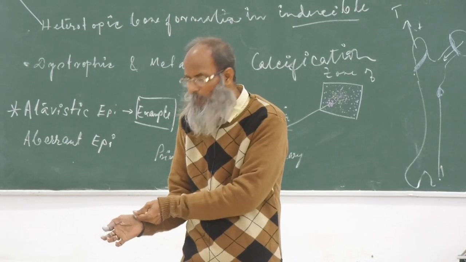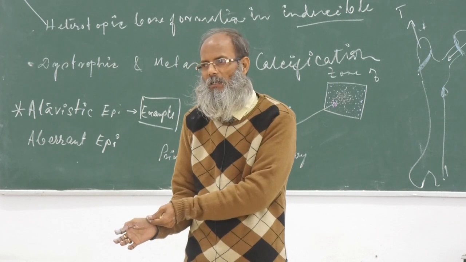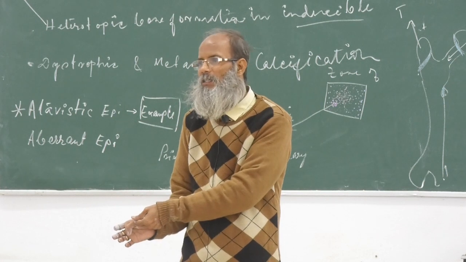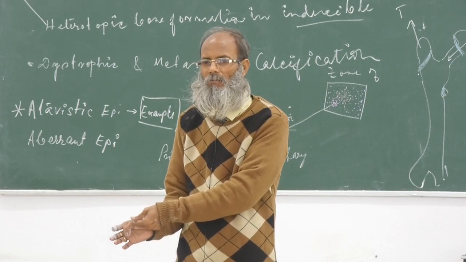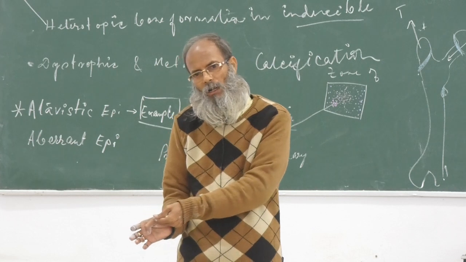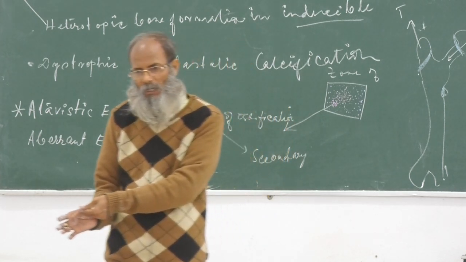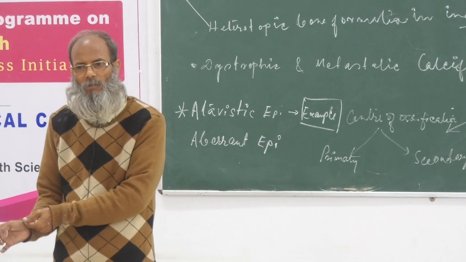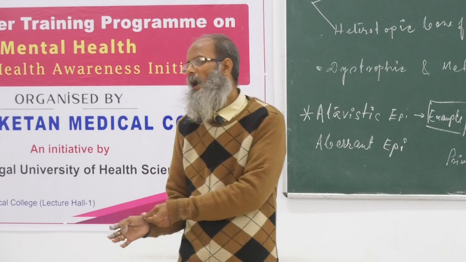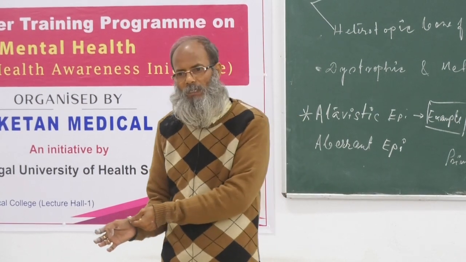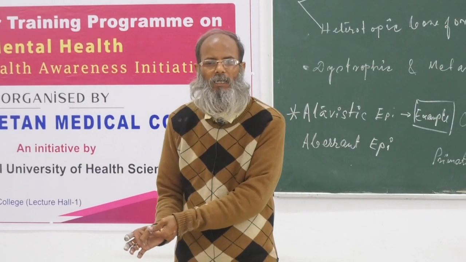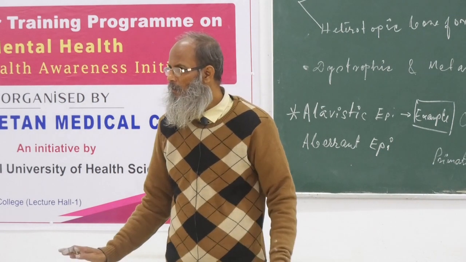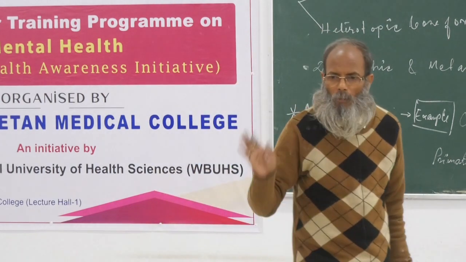তাহলে ফার্স্ট মেটাকার্পালের বেসে আমার নর্মাল এপিফাইসিস আছে। If suddenly one epiphyseal center appears at its head, this is called aberrant epiphysis. বুঝা গেল? There is a normal secondary center of ossification at the base of the first metacarpal. If suddenly an epiphyseal center appears in its head, it is called aberrant epiphysis. Done? ঠিক আছে, বলো।